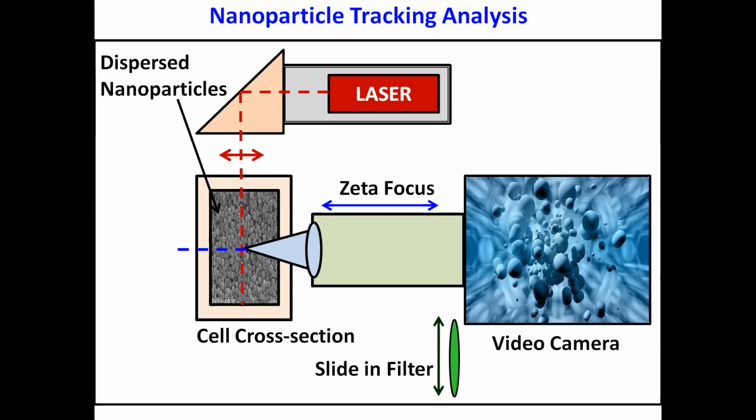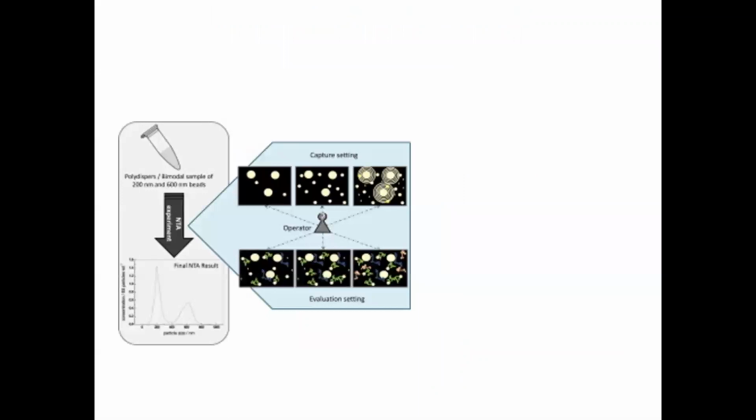Now you can ask the question, why are these particles placed in the liquid? Because if you do not place these particles in a liquid, then the particles will aggregate, because small particles have very high reactivity. And when you place those particles in a liquid and make a suspension, those particles will make Brownian motion, and you can capture the image of individual particles in that situation. This is another way to capture the image of different particles. Because different particles have different reactivity, ultimately, again, you will get the normal distribution curve.